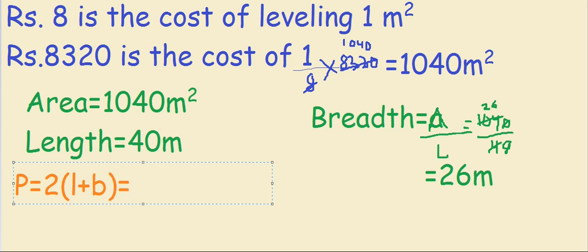If you do not want to mug up the formulas and get confused with them, please watch my previous video on this chapter, perimeter and area, and there you will see how I have taught simple ways to frame the formula yourself instead of mugging them up. So this is the formula, 2 into length plus breadth.